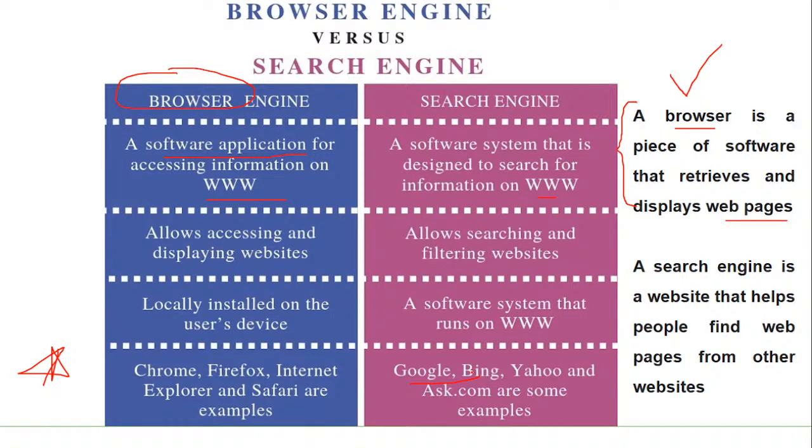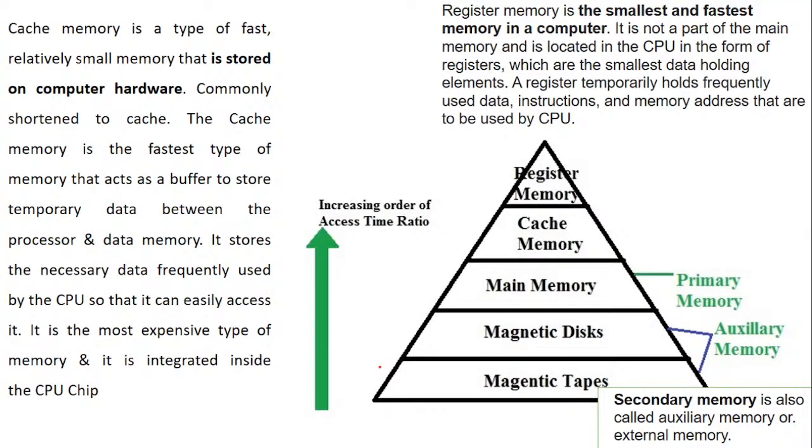Now, any student who is from a little bit non-IT background, don't try to learn it by heart. Just remember, for you people, I have written it in a simple sentence: browser is the one which will help you retrieve and display the information with the help of web pages, and search engine will find the web pages from the websites for you. And you have to keep the examples in mind. That's all. From the examination point of view, at least this you can keep perfectly in your mind. I hope this is very clear to everyone. Now going ahead, let's talk a bit about memory.